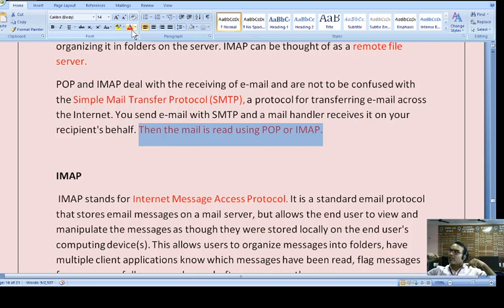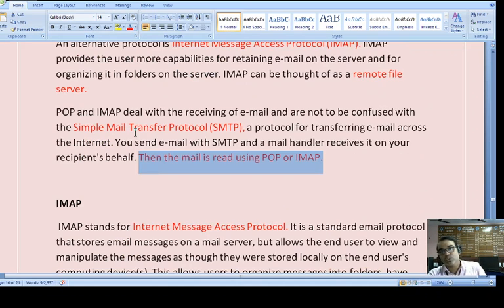SMTP is just used for sending, and POP or IMAP is used for receiving the mail. So the sending and receiving parts are divided into two phenomena. One is taken care of by SMTP and the second is taken care of by POP.